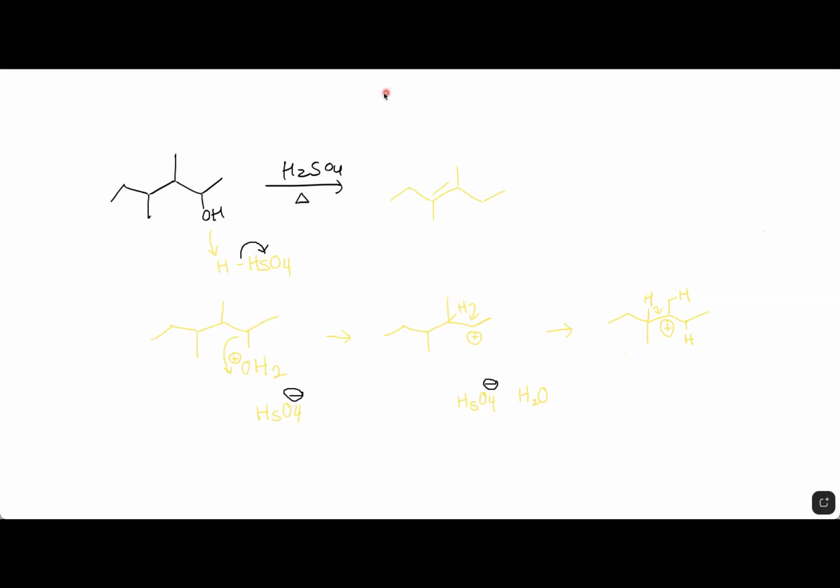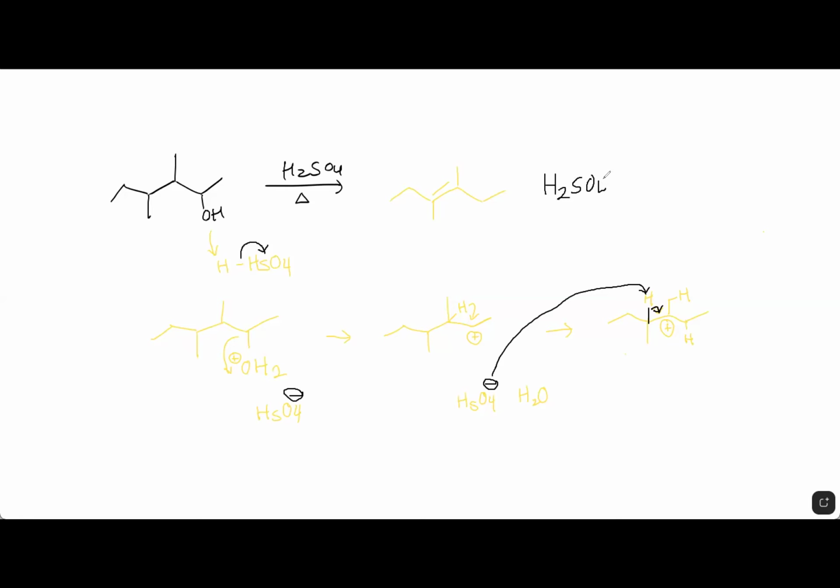Yeah, that's right. This is the final product. The arrow to get there is that this HSO4 minus grabs that hydrogen, and then this bond between carbon and hydrogen, you drew the arrow correctly, moves and makes a double bond right there, right? Okay. And then our H2SO4 acid catalyst gets reformed,